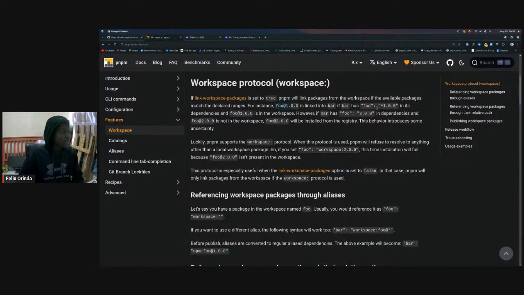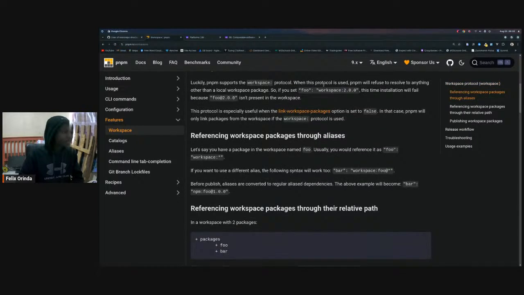If bar has foo 1, its dependency is foo 1. However, if bar has foo 2 as a dependency and workspace foo 2 is not in the workspace, foo 2 will be installed from the registry. This introduces some uncertainty. It supports the workspace protocol, and this protocol is used to resolve anything other than local workspace packages. Okay,